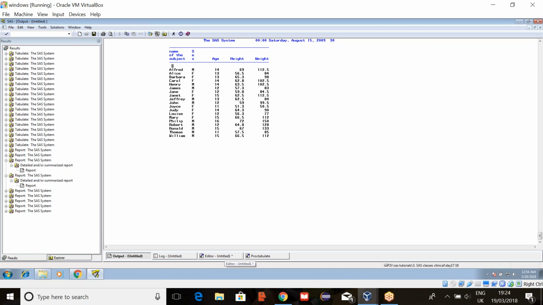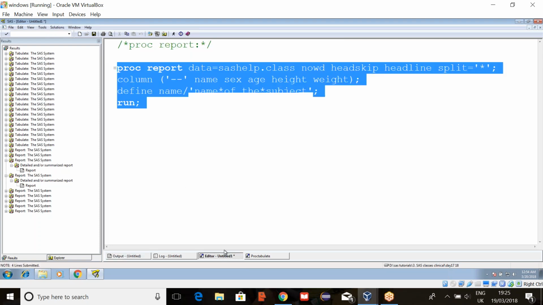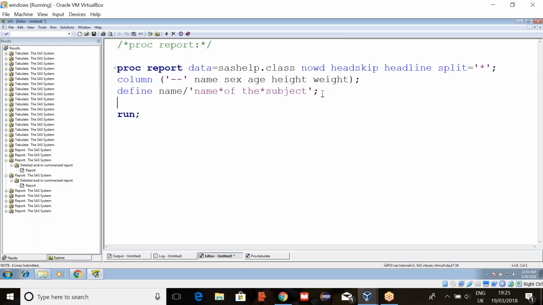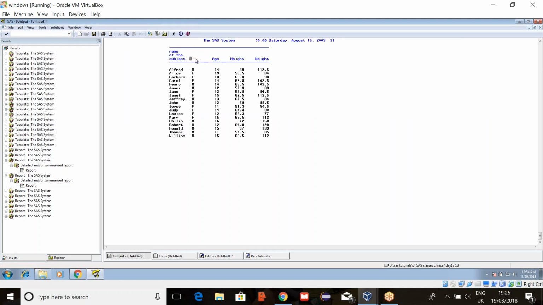And now I want to remove this variable label or name completely. So if you want to remove it, like define sex slash, just simply give empty quotations with a blank space, then see, it removed that variable label.